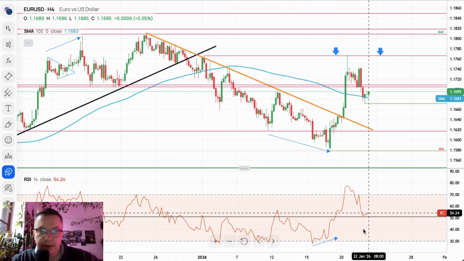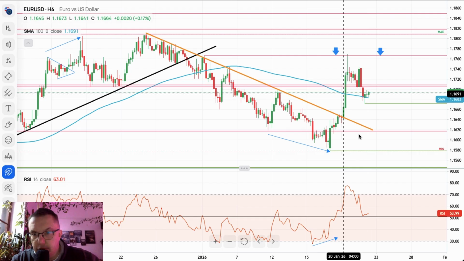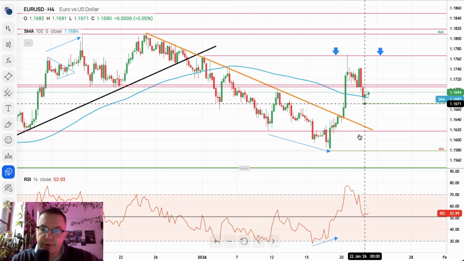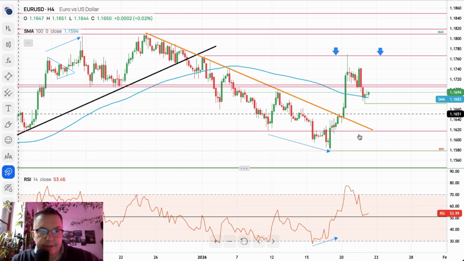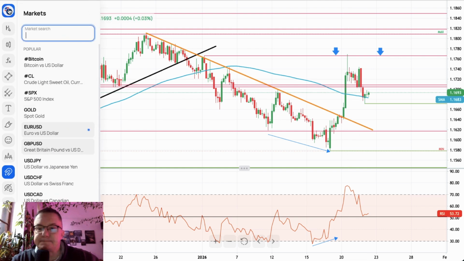Right now the market is trying to bounce, but it is failing to do so. It doesn't actually look like the market is under bullish control. For now we got this movement to the downside. We wait for a breakout above the resistance, then we can say the bulls are back, at least in the short term.